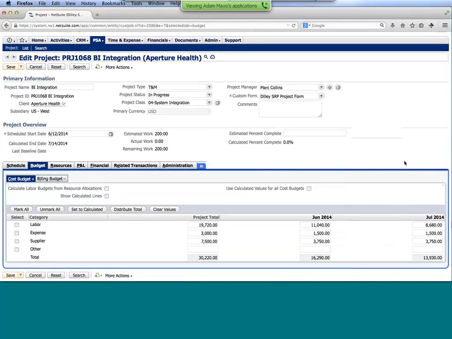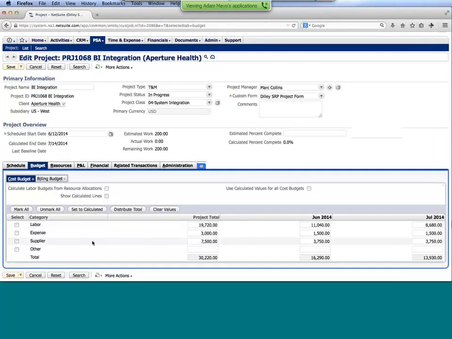And if I were to edit the project so you can see a little bit more of that in use here, you'll notice that we just have different cells, and based off of the start and end dates of the project, we're able to specify different dollar values. You can prorate it across the different months. And again, in this particular example, I used the task budget to populate my project level.